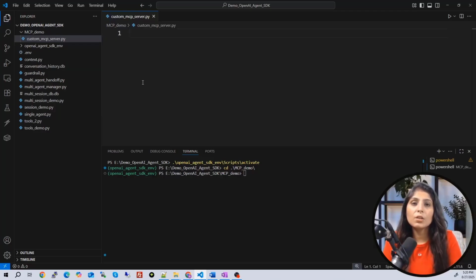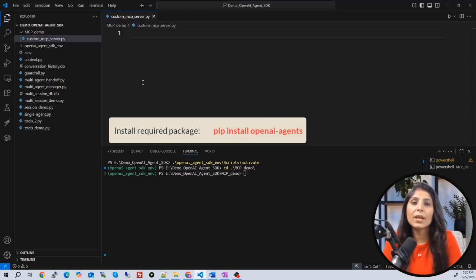And guys, to run today's code, we only need one package, and that package is OpenAI Agents, and you can install that package by writing pip install openai-agents. Why haven't I executed this command? Because in my last class I have already shown you, we created the environment and we installed all the required packages, and the only package which we need is the OpenAI Agents package, and we have already installed it inside this environment in my last class.